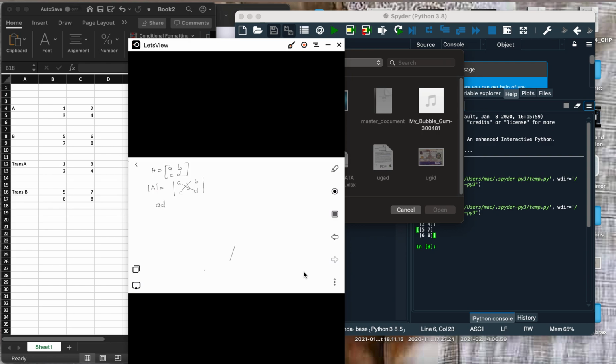Subtracting the product on the other diagonal. So minus BC. And that gives you the determinant of a 2 by 2 matrix. Multiply the components on the leading diagonal, minus the components on the other diagonal. All right. Then to find the adjoint of a 2 by 2,